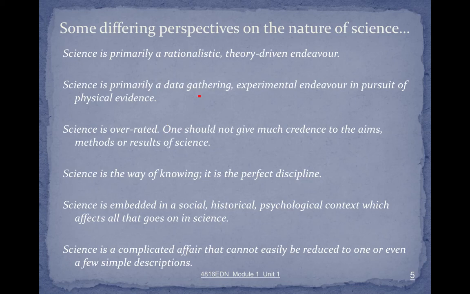And a couple of other ones here. This second one, really common view of science that comes through, particularly when our students go to junior secondary. So they go for their first year of high school and they go into the lab and they start doing their cookbook style experiments where they follow their method, they get their data and they write up their reports. So it tends to give this idea that we gather data, we do some experiments, we get our evidence, we get our result. And that is an aspect of science and a very important one, but it's not the only way science is conducted. It's a much more creative endeavour than this one.